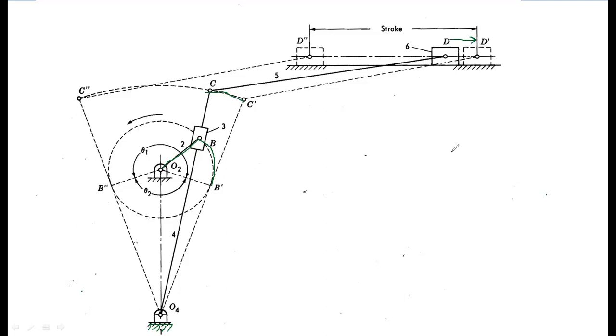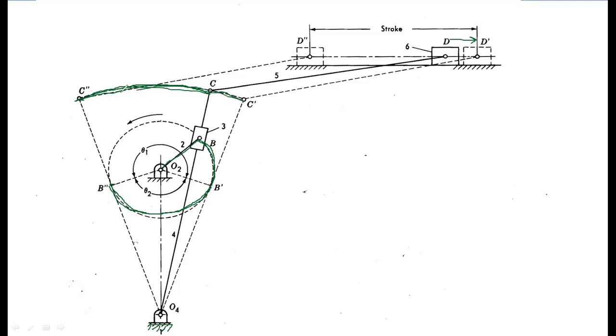When again the motion took place from B dash to B double dash, the crank moved from B dash to B double dash. At that time, the slotted lever oscillated from C dash to C double dash.